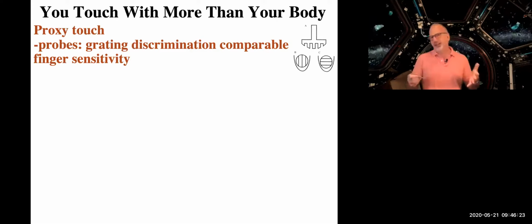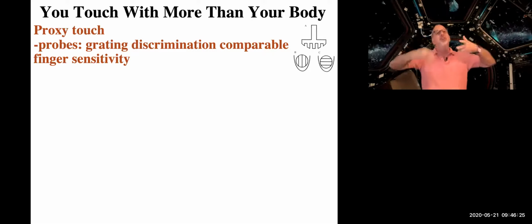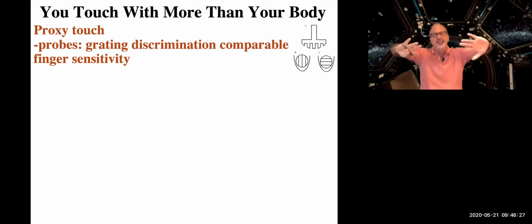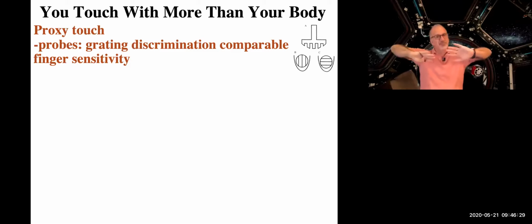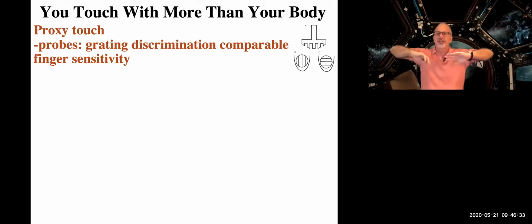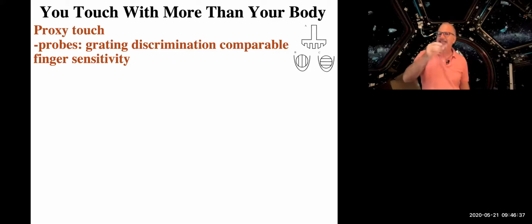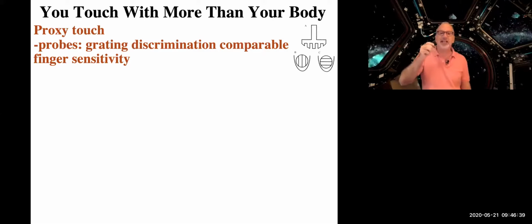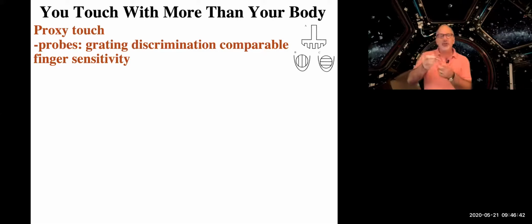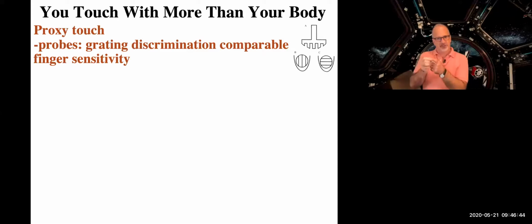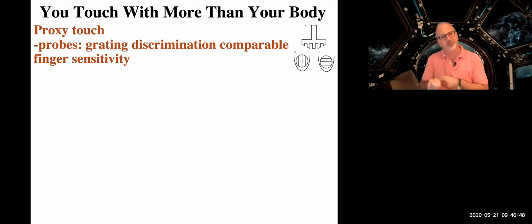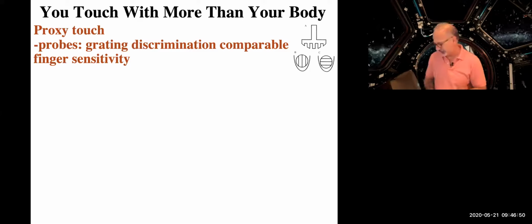Okay, the big picture here is we think of touch as involving our skin, and it does, but more often than that, you touch things through tools, and tools can convey texture and a lot of detail about an object through how that tool vibrates on our fingers, and then also changes the orientation of the tendons and muscles in our fingers and hands.